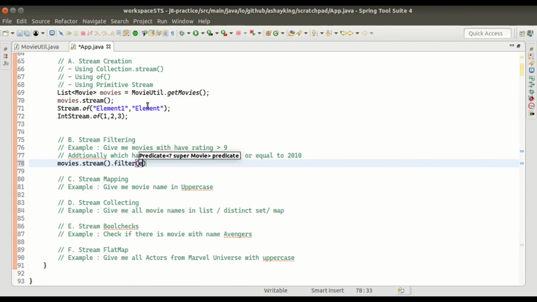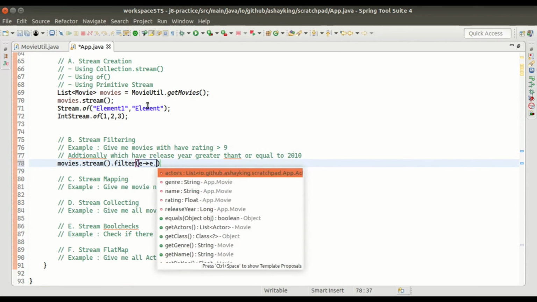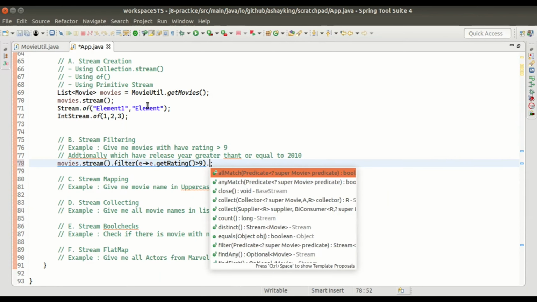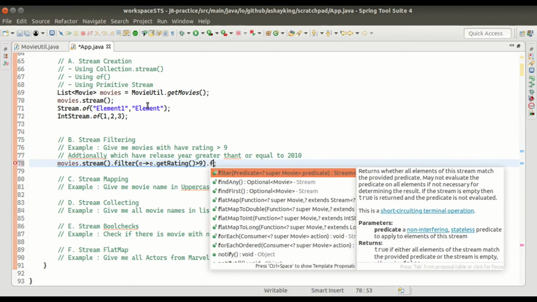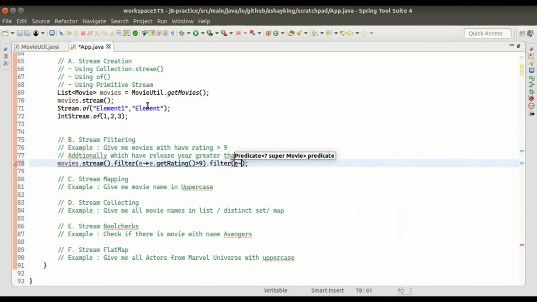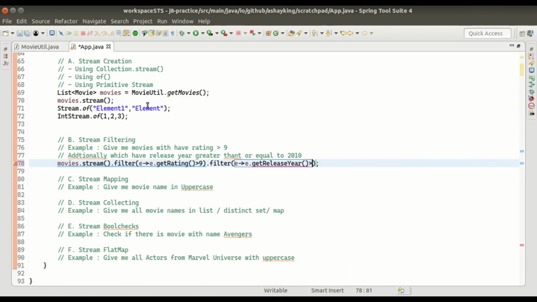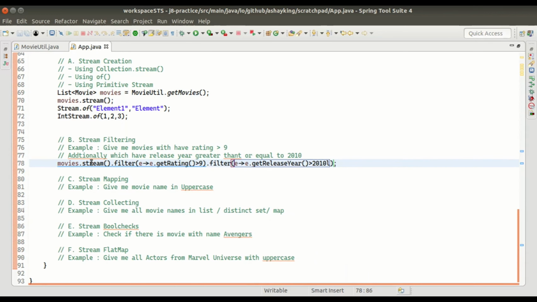Then I will apply filter, and in this filter I will put a condition that I am interested in rating greater than 9. This is the condition I added. And additionally, if you want to check whether the release year is greater than 2010 or not, we can put e.releaseYear greater than 2010. So this is how we can apply the filter operation.